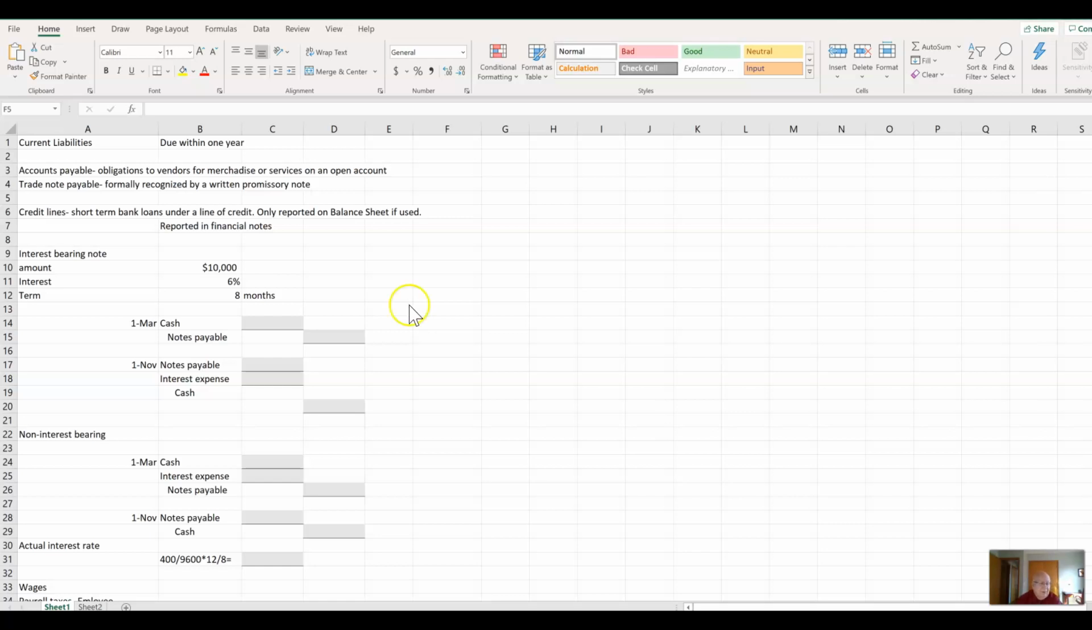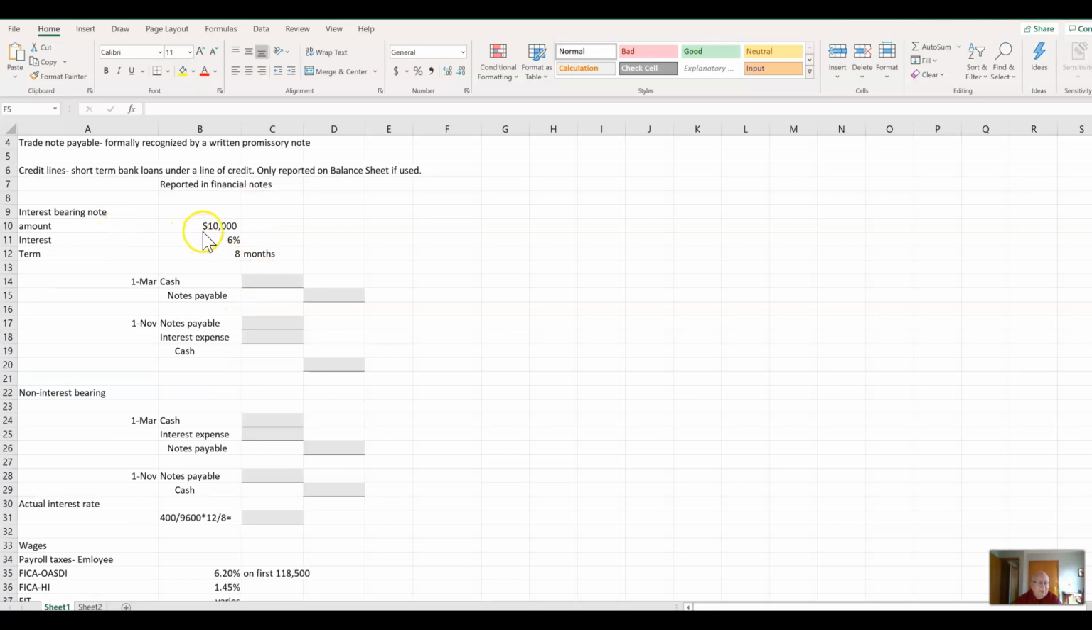Okay. So we're going to start with an interest-bearing note. That's for $10,000, 6% interest in the terms for 8 months. So it's less than 12 months, so it's a short-term note. So we start off with, you would have a debit to cash here for $10,000 and a credit to notes payable for $10,000. Then when you pay it, of course you'll have an adjusting entry on December 31st, but when we pay it,